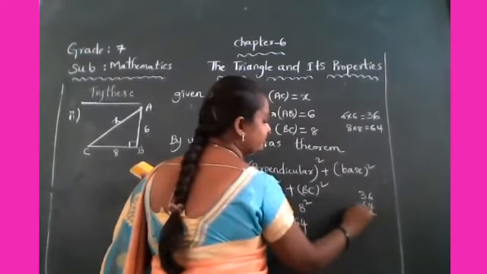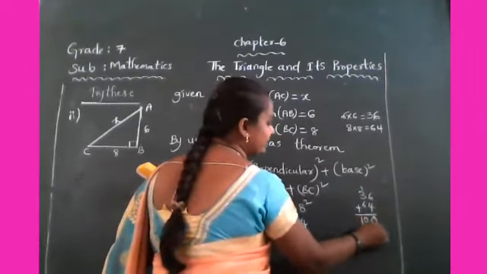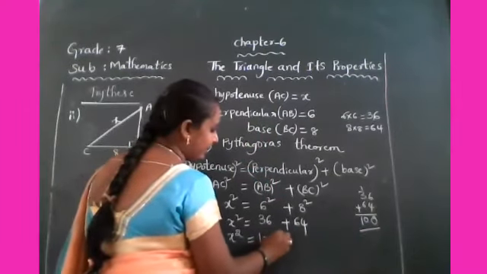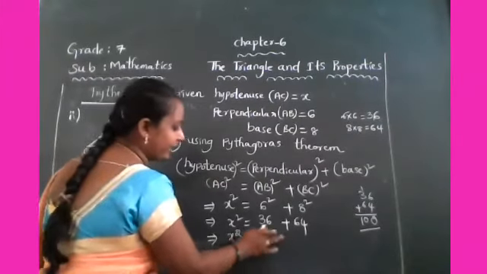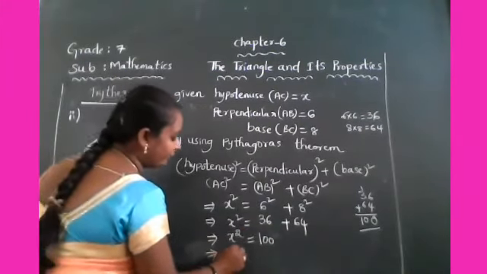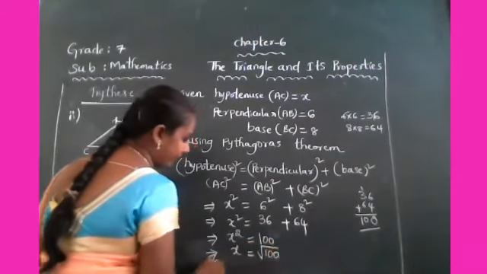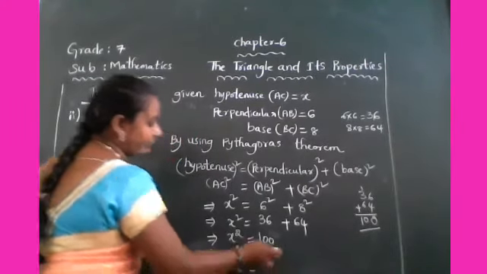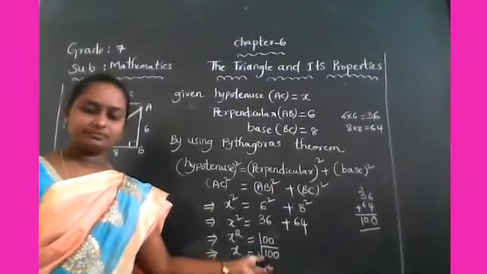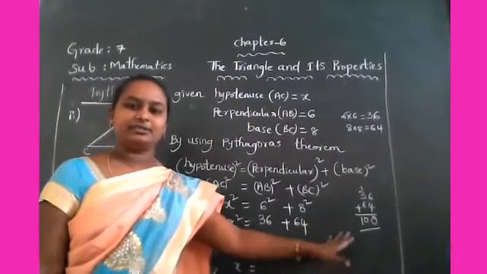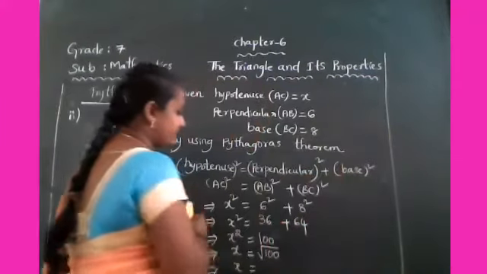Next, x square is equal to 36 plus 64. Do addition. 6 plus 4, 10. 1 plus 3, 4, plus 6, 10. So it gives 100. Only 100, sorry, 100. Now we have to find the x value. Square becomes root. Okay, so now what is the root 100 value? So what I said to you, if you don't know, you have to use the prime factorization method.